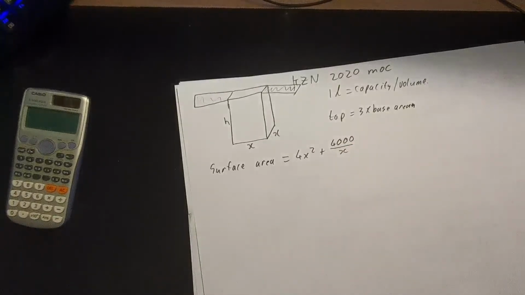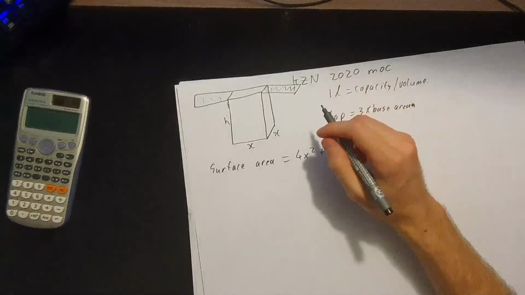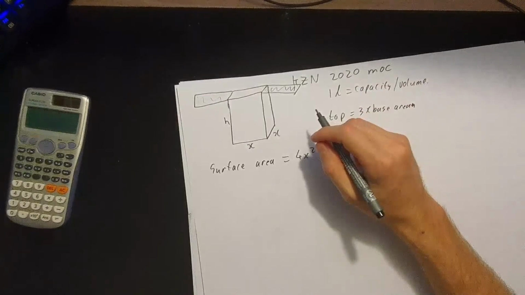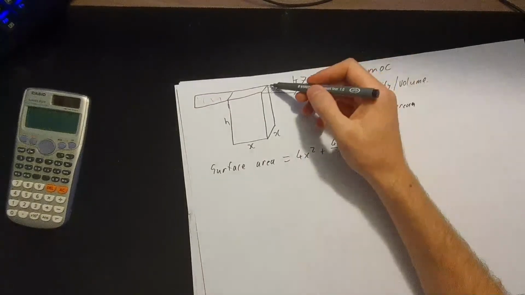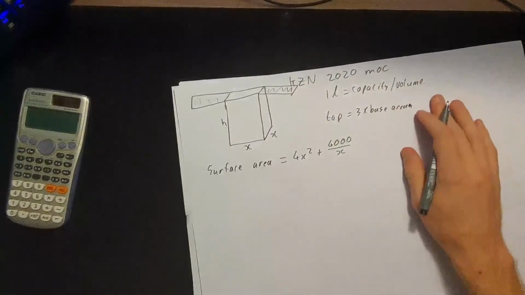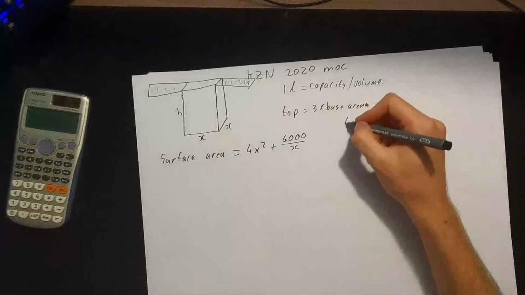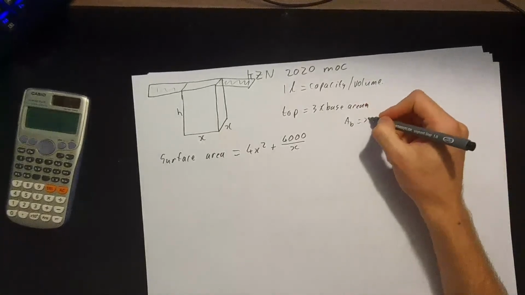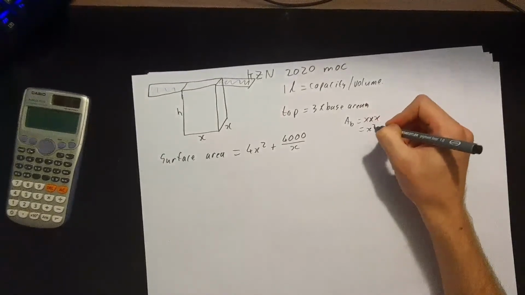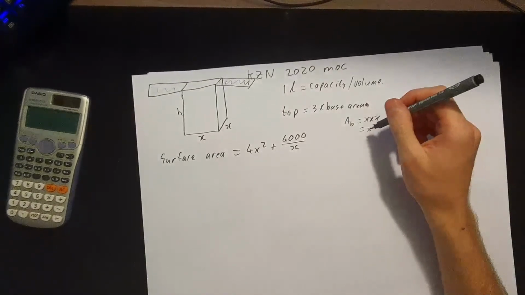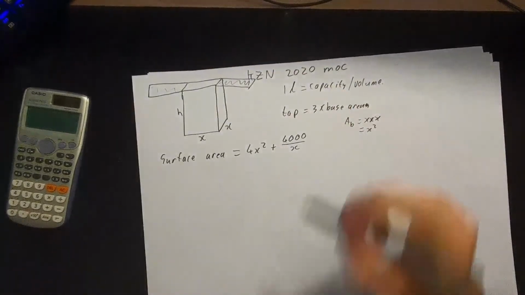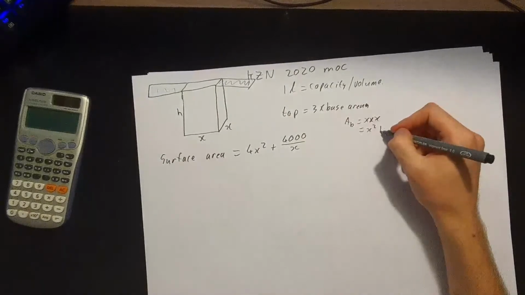Okay, so just to go over that again, the area of the cardboard used for the top is 3 times the area of the base. The area of the base is just going to be x times x, which equals x squared. So the top is 3 times the base, plus we have the base, which then means we have